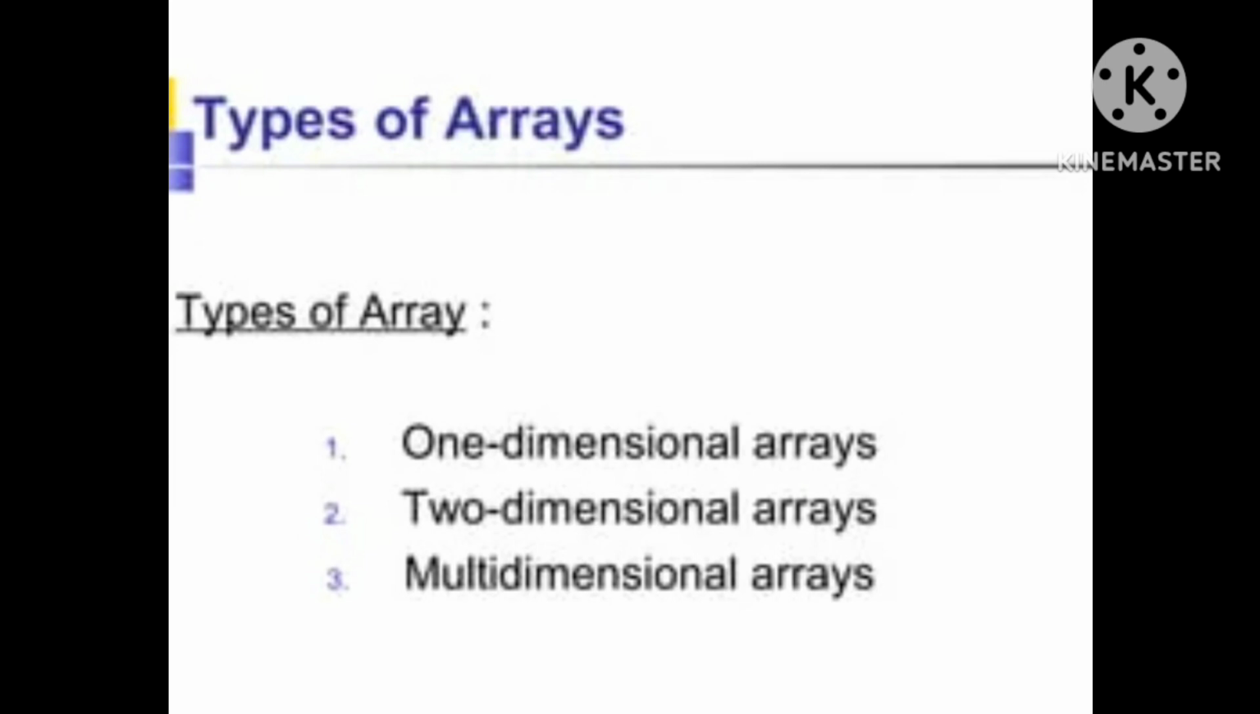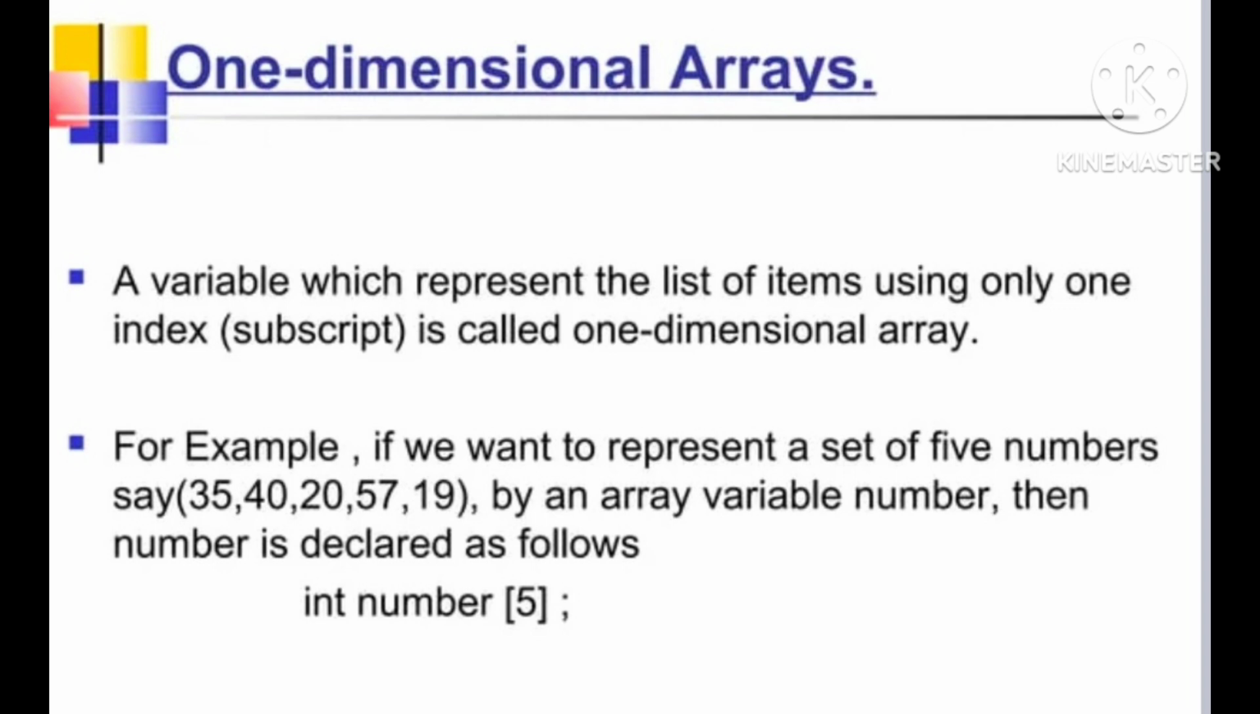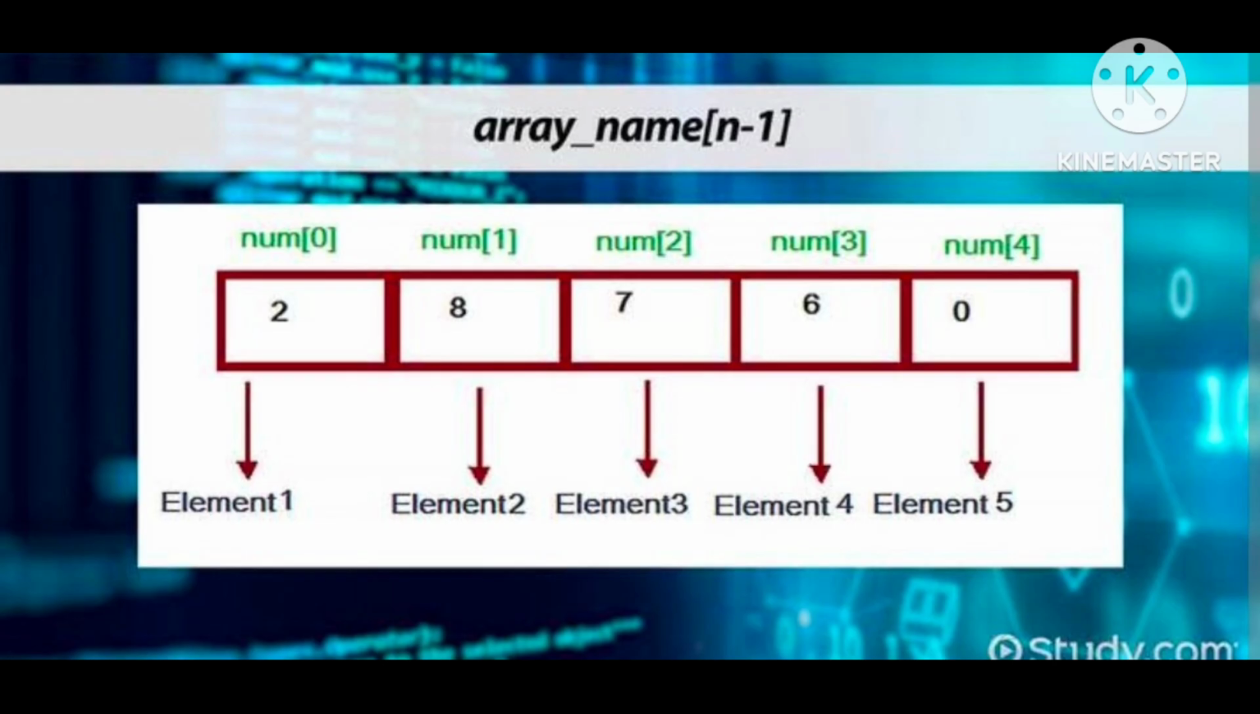We have three types of arrays. They are one-dimensional arrays, two-dimensional arrays, and multi-dimensional arrays. One-dimensional arrays: a variable which represents the list of items using only one subscript is called one-dimensional array. For example, if you want to represent a set of 5 numbers by an array variable number, then number is declared as follows: int number[5]. Example for one-dimensional array: